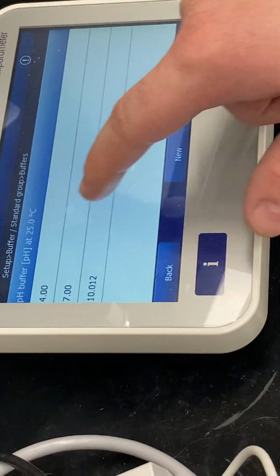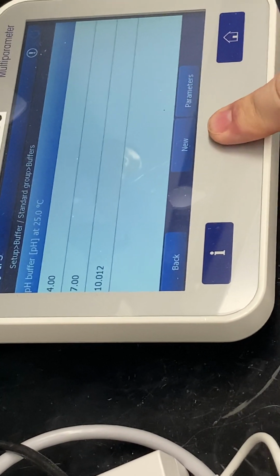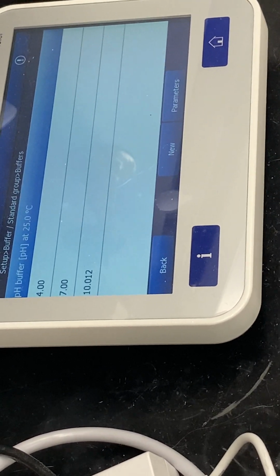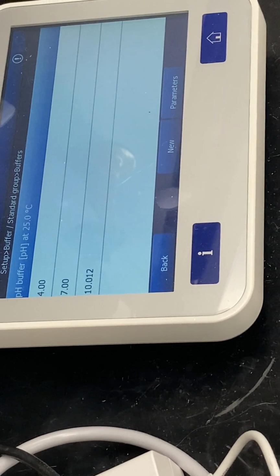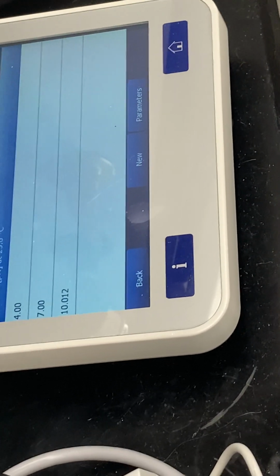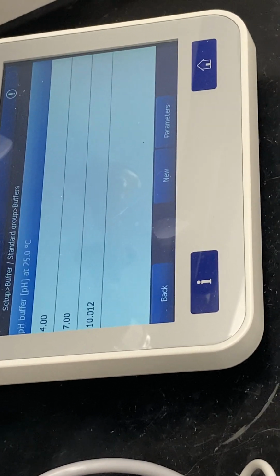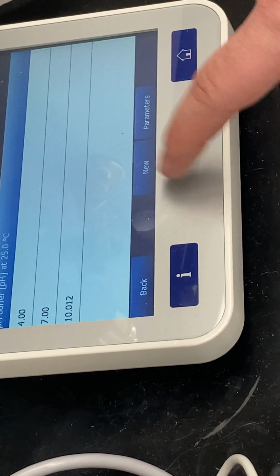Okay. Exactly. And then these are the points that I've added in, right? So I could add in a new point if we had a 2 pH buffer here. If they changed it, like, okay, we don't want it tested at 4, 7, and 10 anymore. We want it tested at 2, 4, and 7. We bring in a new buffer. I could hit new,